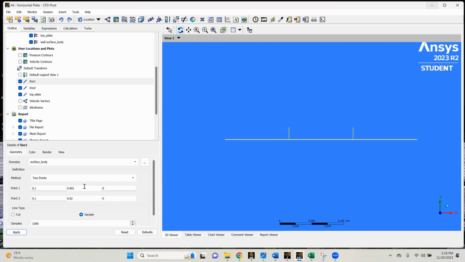To do that, you just want to put two points, one at the top of the plate at a distance of 10 centimeters away from the right side, and then another point further up from the top of the plate. I chose 0.02 meters. I'm pretty sure that's 20... no, is that? I don't know what that is in meters. I cannot do math right now. But anyways, 0.02 meters above the flat plate is what I chose for that,